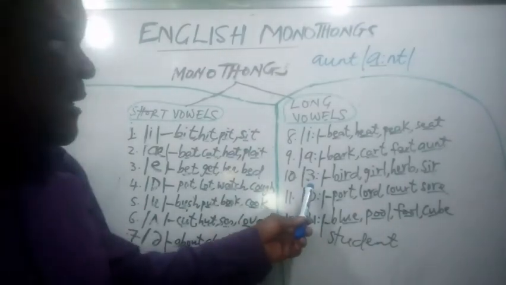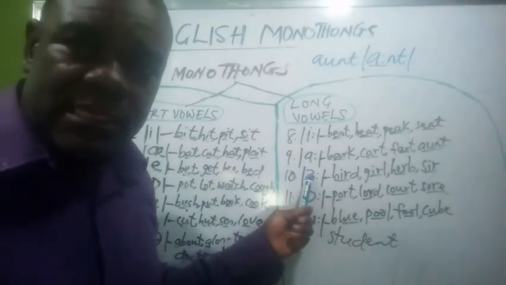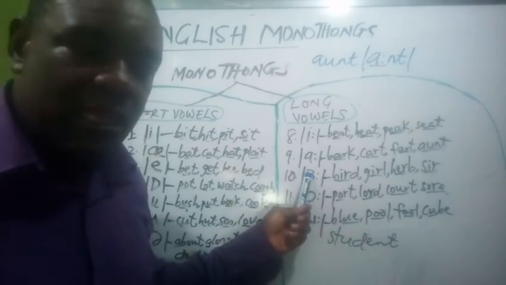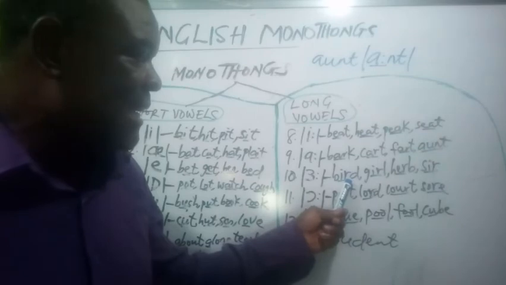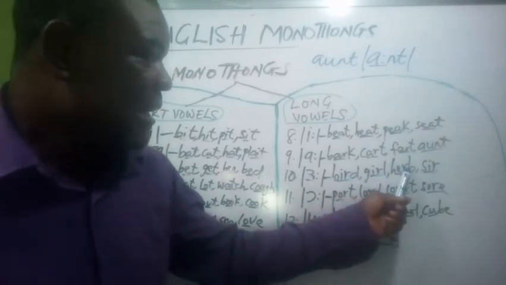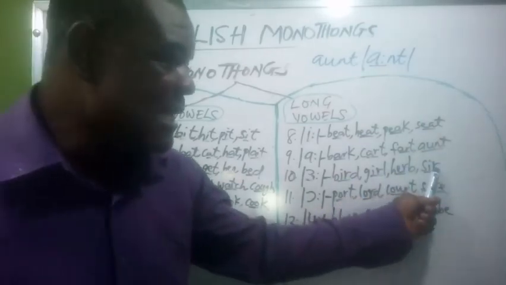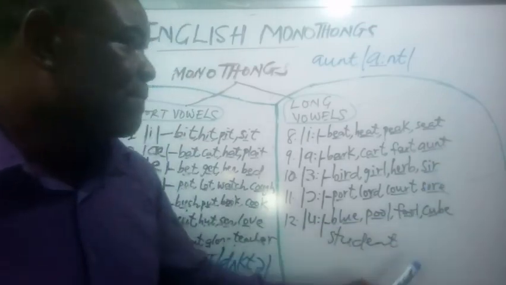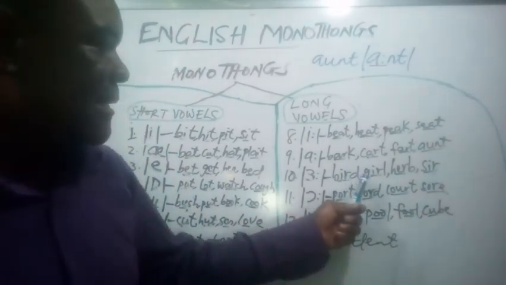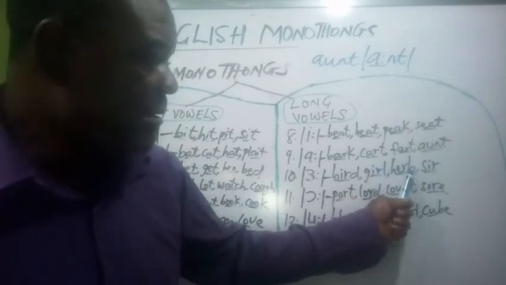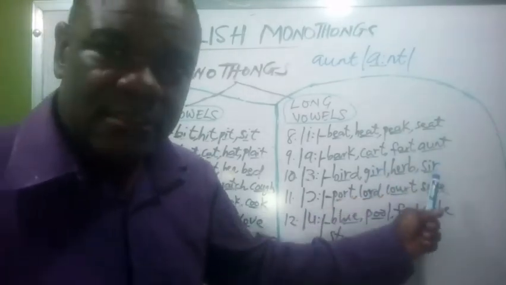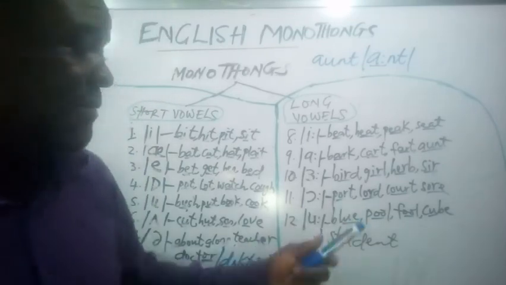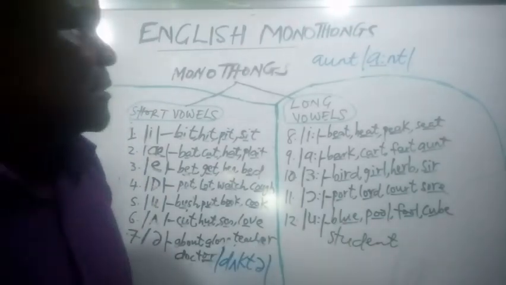The next one is the long S sound, and it is pronounced as in bed, girl, hair, and se. It is not sa, it is se. Bed, girl, hair, se. Of course, we have other combinations of letters that give us this sound, such as the